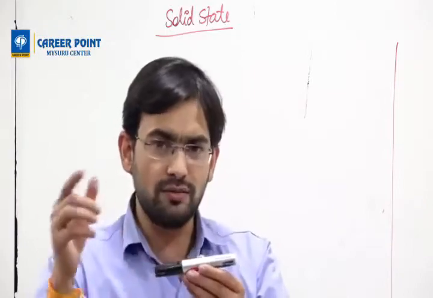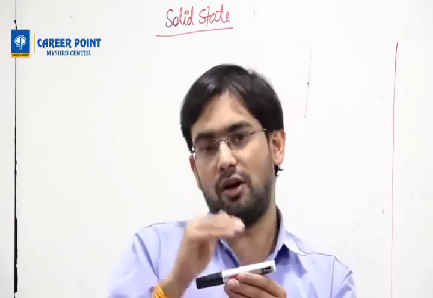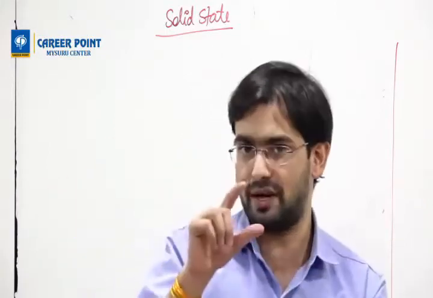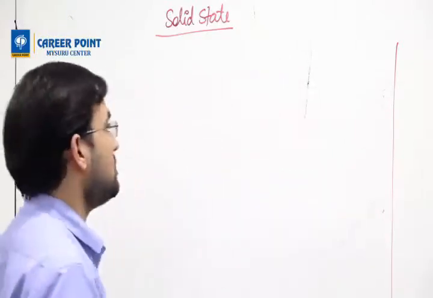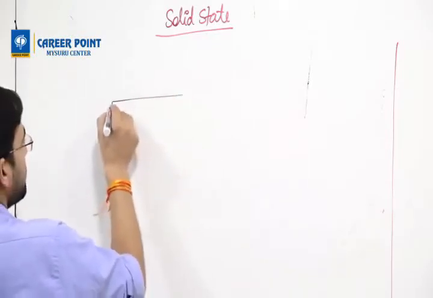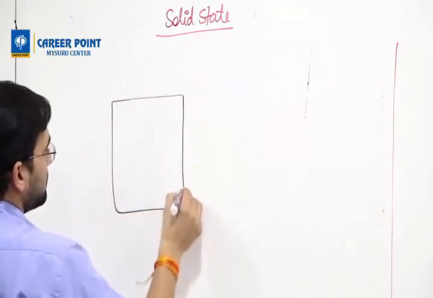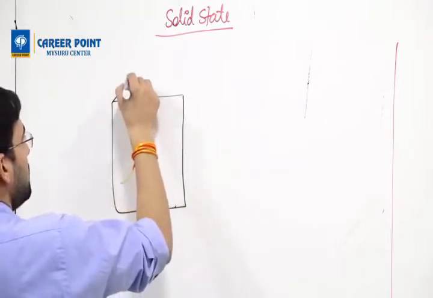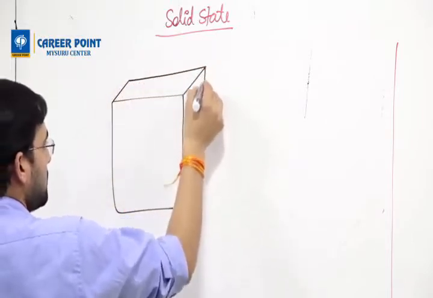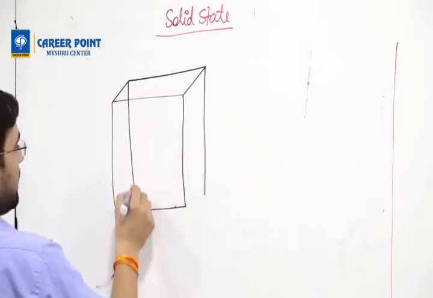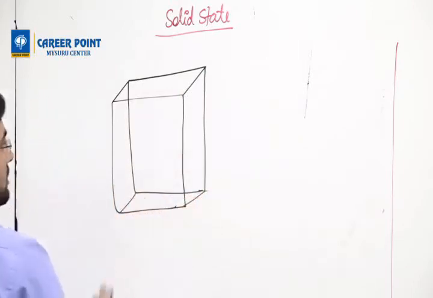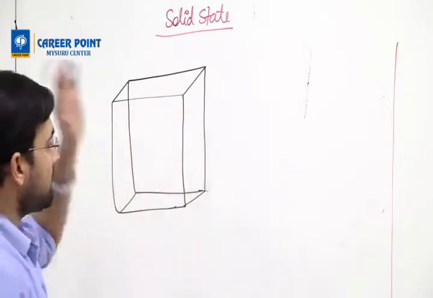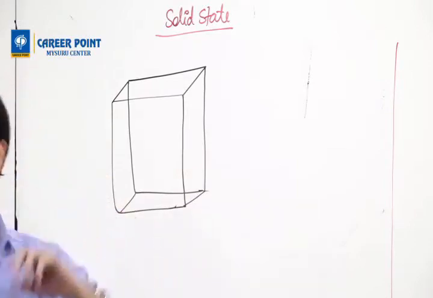In a solid, all the molecules or atoms have a fixed position. When we want to show fixed positions, we generally take a cube. You should be able to draw a cube in a very small span of time and correctly also. Able to understand the cube? A cube I have drawn. Now the point here is, before we go to the cube,